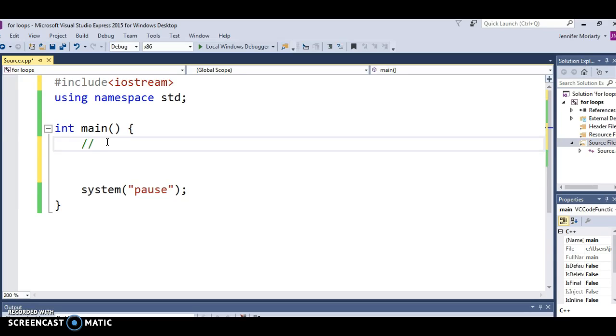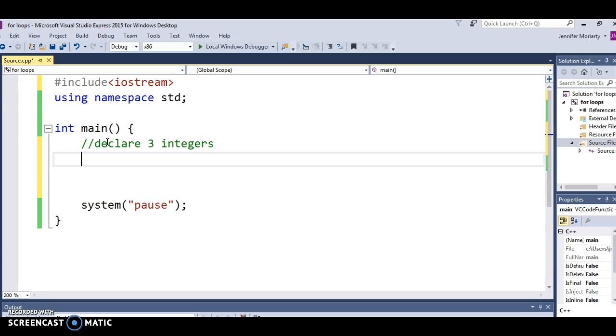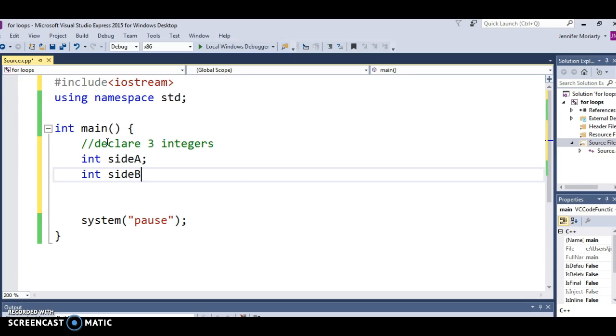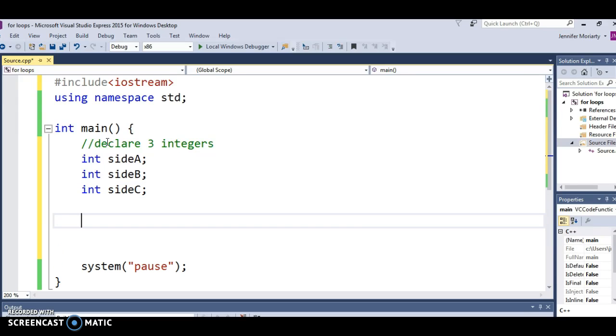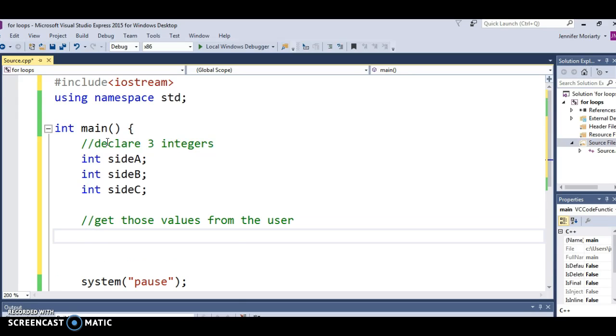So the first thing I need to do is set up variables to get those three values. So declare 3 integers. I'm going to go ahead and say int side A, int side B, and int side C. Alright, so the next thing I'm going to do is get those values from the user. So I'm going to ask them